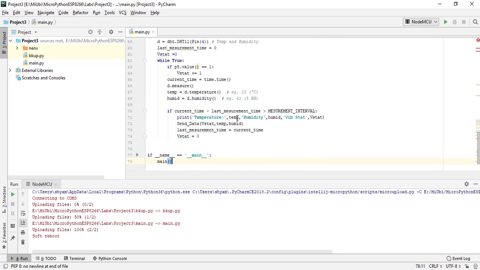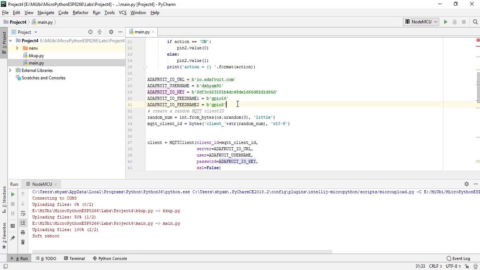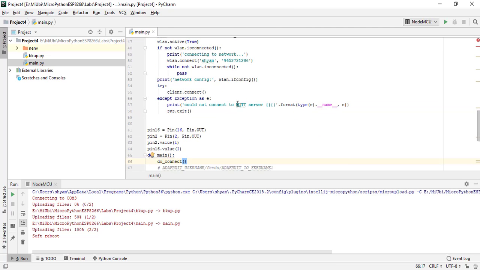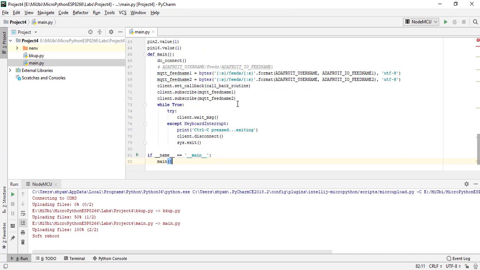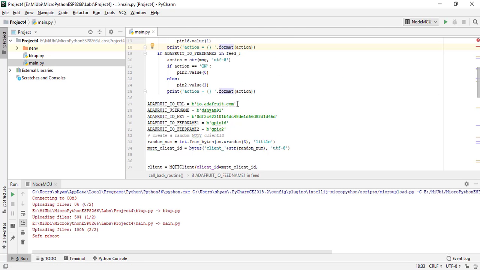After these have been received by Adafruit, I have put a trigger action that the GPIOs connected to another board, which is reading messages, this is the code running in the other board, should enable or disable the GPIOs based on the message received.